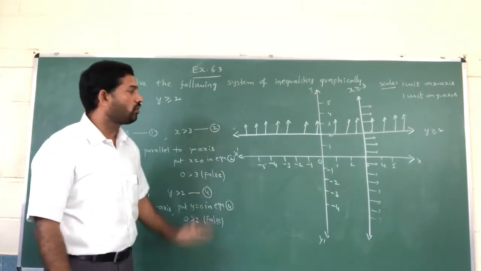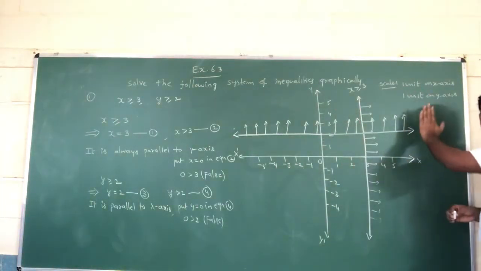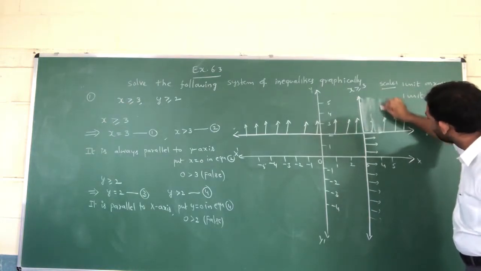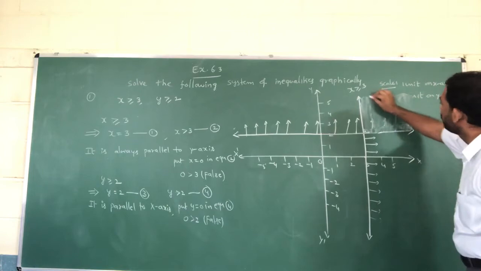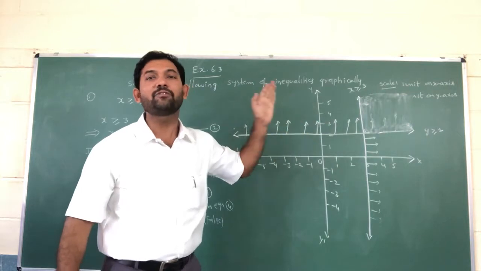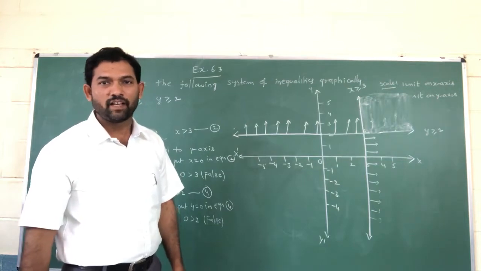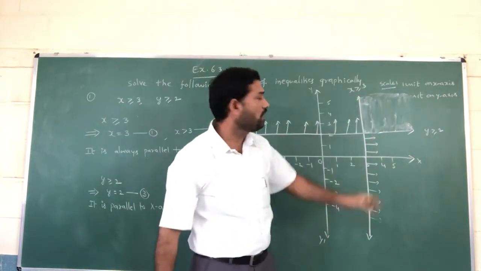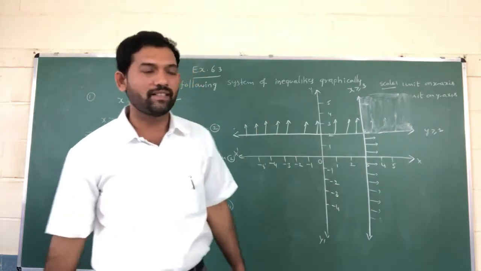So two graphs, so two lines, where are they intersected? This area only, na? This area only is intersected. So this area you have to shade. You have to shade like this. So that is our solution set. Understand? I hope you all are understanding. This is where both curves intersected. That is our solution set.